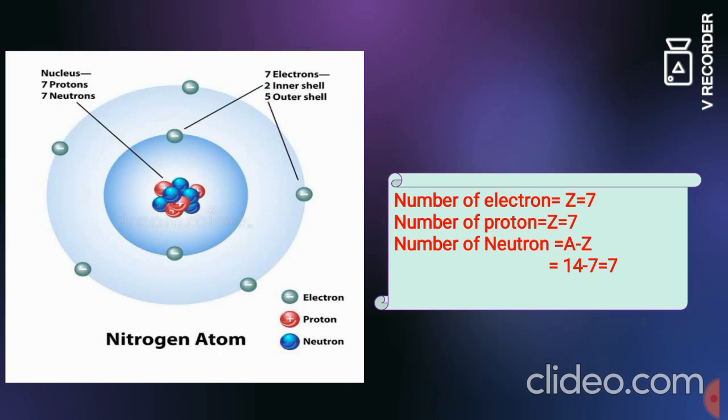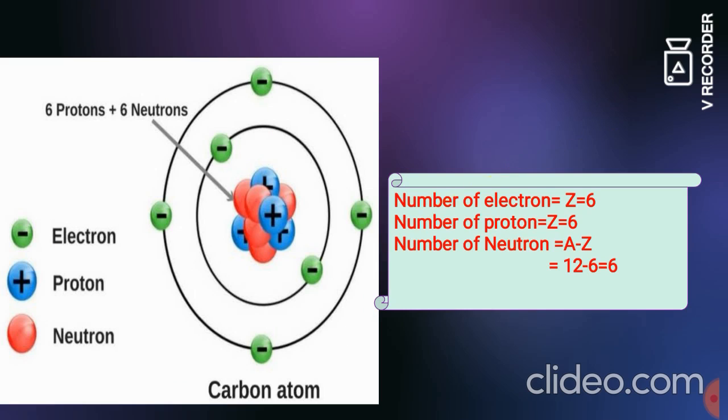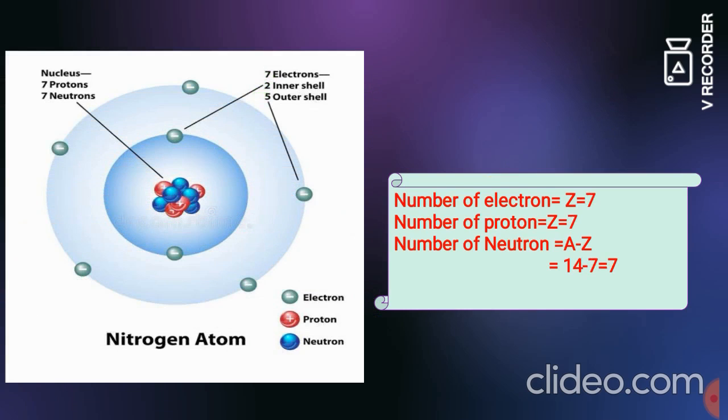The next atom we are going to see is nitrogen, where in nitrogen you can see 7 electrons, 7 protons and 7 neutrons. So the protons and neutrons will be inside the nucleus, and 7 electrons will revolve around the nucleus in a circular orbit. So when we calculate the number of neutrons, 14 minus 7, it is 7. So when we write its nuclide symbol, it will be at the bottom 7, N, at the top 12.